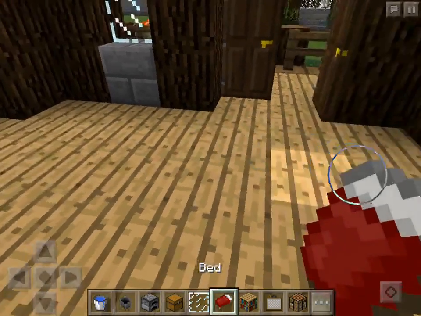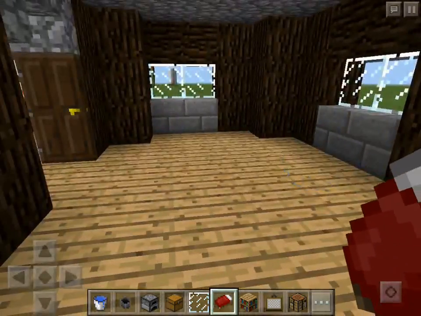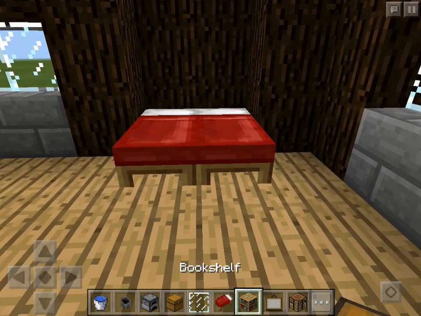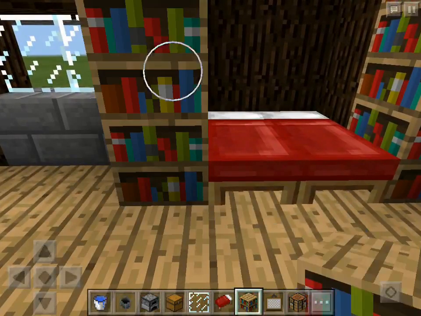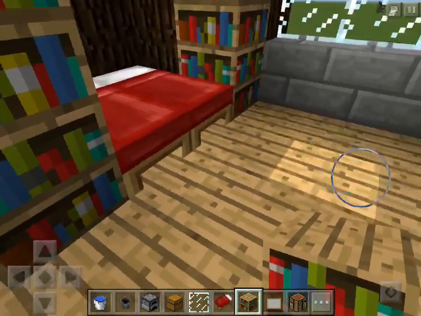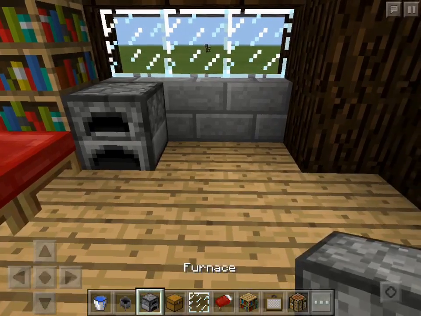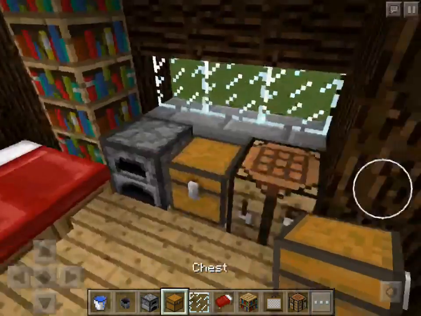okay, now I guess I'm going to put my bed right there, and I'm going to put those there. Furnace, chest,